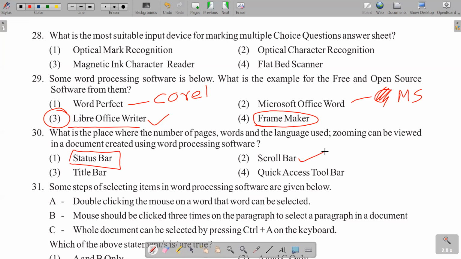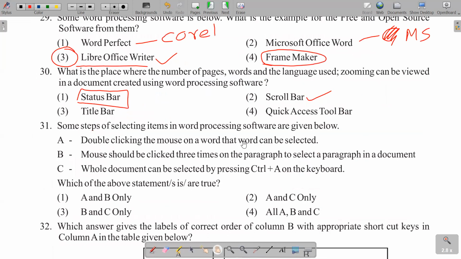Right? Title bar will show you the name of your file. Quick access toolbar will give you the chance to use some frequently used tools at the same spot. Right? And 31st,